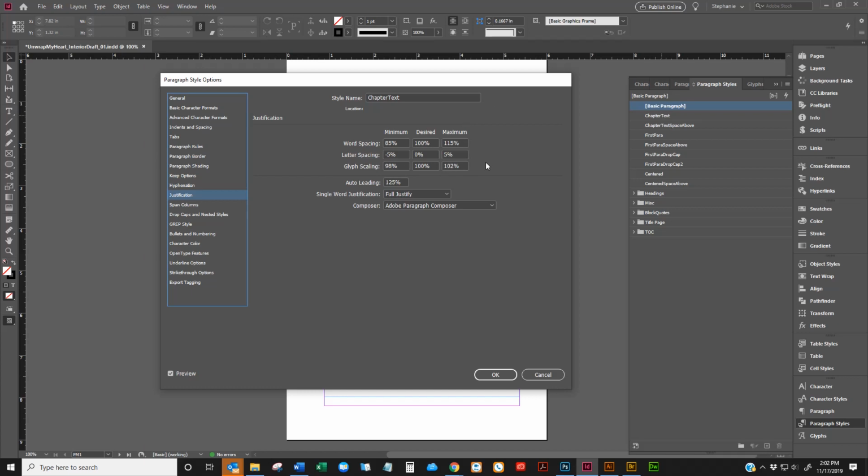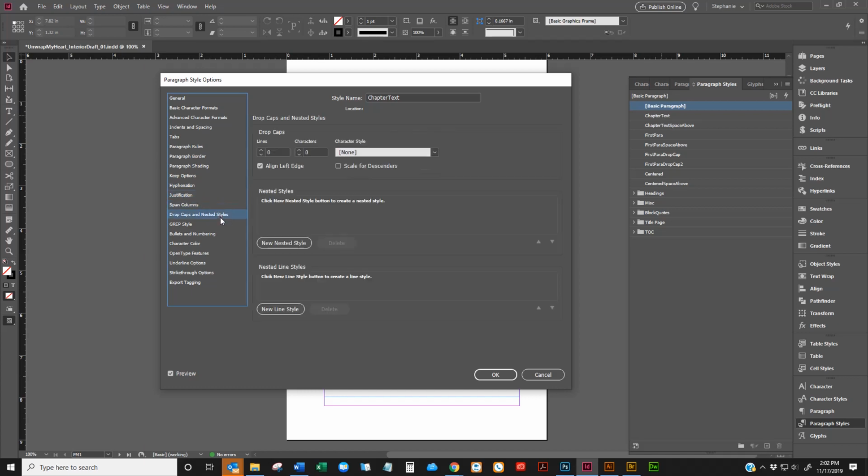Now, in some cases, you may need to adjust these justification settings depending on the font. So if something looks a little too spaced out, or if it's not spaced out enough throughout your document, you may want to go in and change these justification settings. But these are the best numbers I've discovered in doing book design in all my years. So that's why I have the template set up with these particular numbers. All right, the next thing, we'll worry about drop caps and nested styles a little bit later when